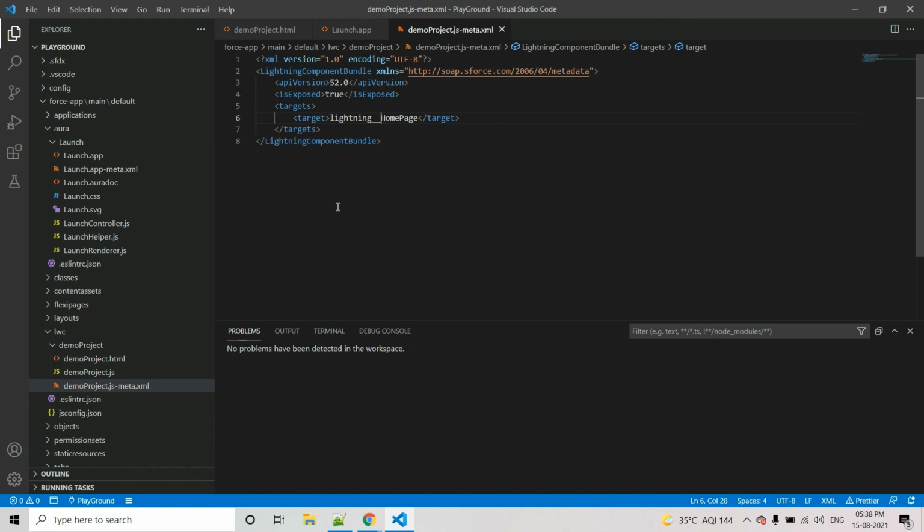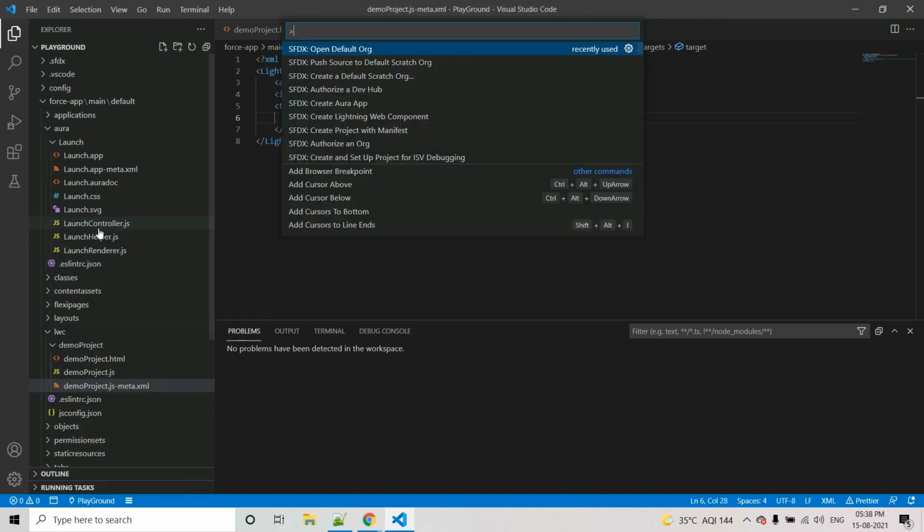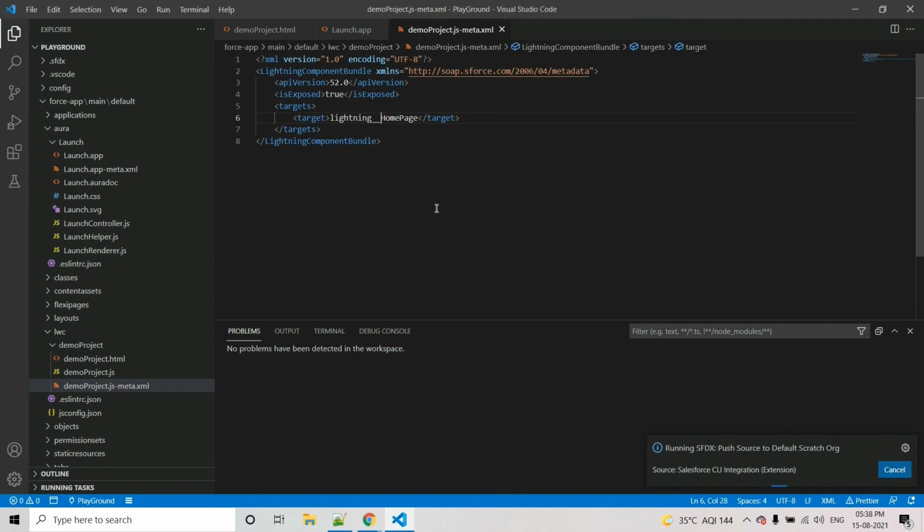So the error has been removed, and now we have to again go to the manage, command palette, and then push source to the scratch org. The command is running. Okay, so the code has been successfully pushed to the scratch org.